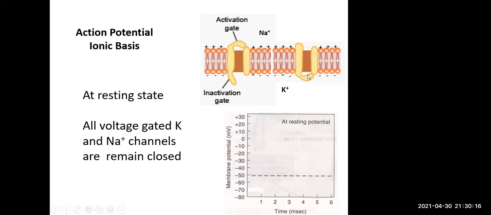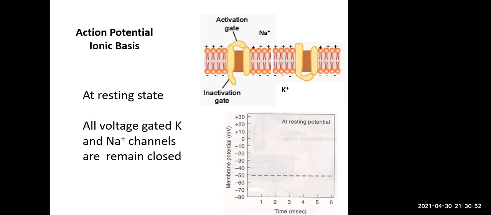All right. So that's the difference between the sodium and potassium. What is this gate system? It is nothing but, when there is a change in the membrane potential, a change in the configuration of the protein happens there. Right now, remember, there is an activation and an inactivation gate for the sodium channel, and there is only one gate for potassium. Now, sodium ion is responsible for the depolarization of the action potential, whereas potassium is responsible for the repolarization